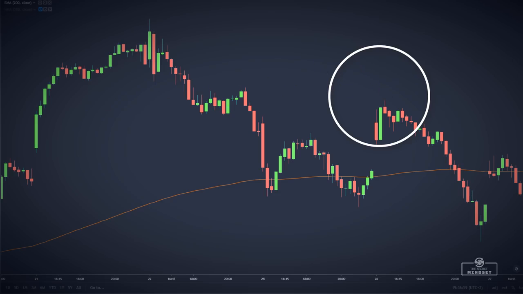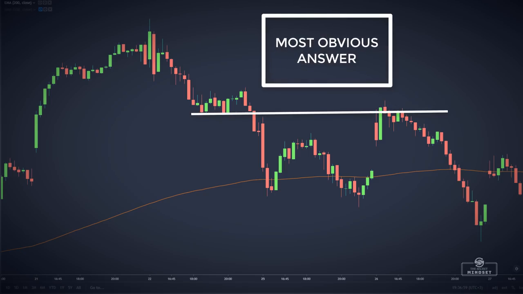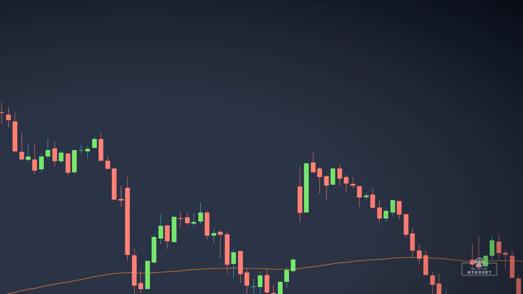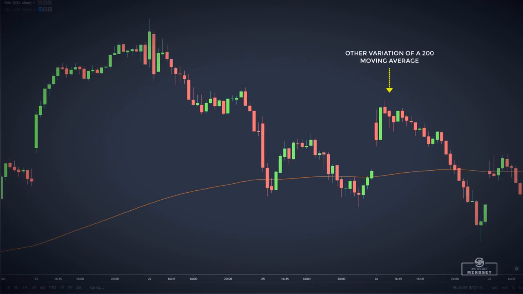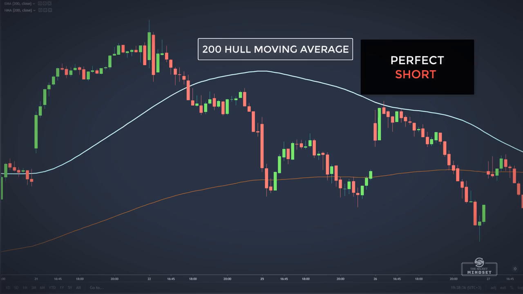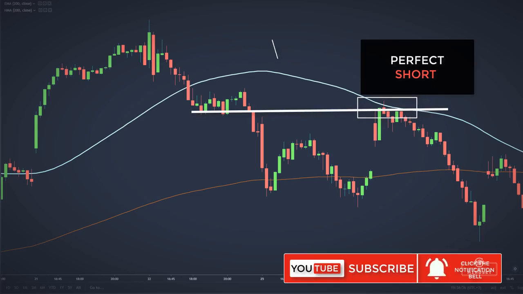You could say that this is an area of resistance from the previous swing, and you would not be wrong. But there is also something else hiding around that area, and that's another variation of a 200 moving average, and more specifically the 200 Hull moving average. And here it is, a perfect short opportunity at an area of confluence with the previous swing and the 200